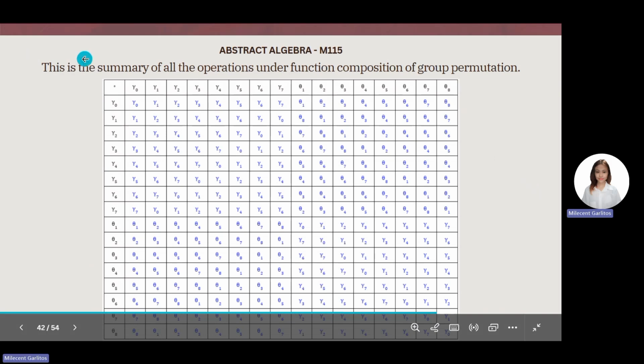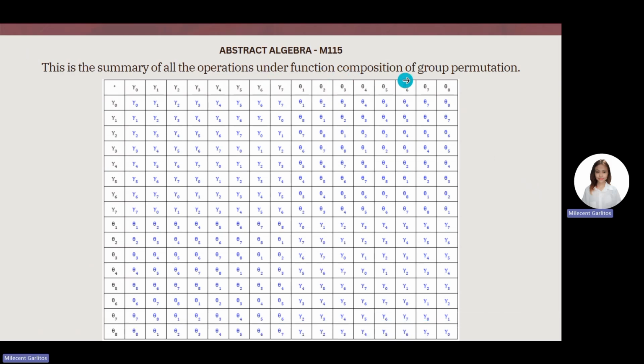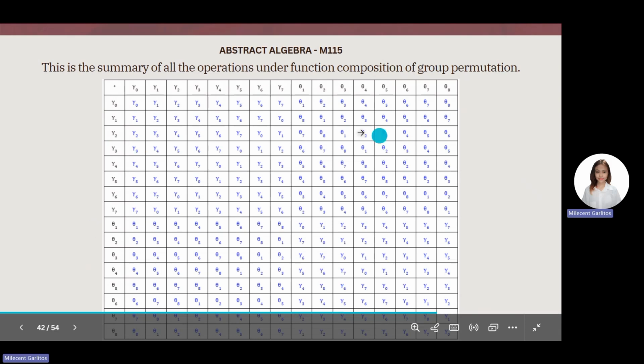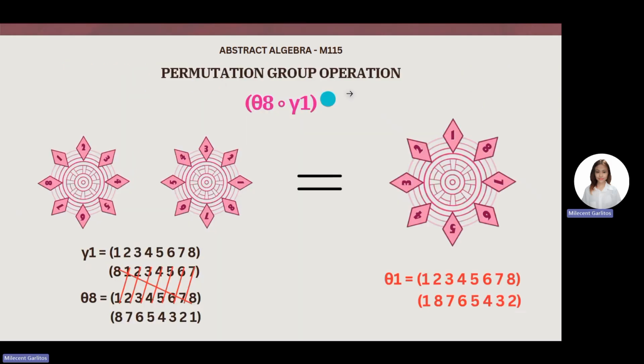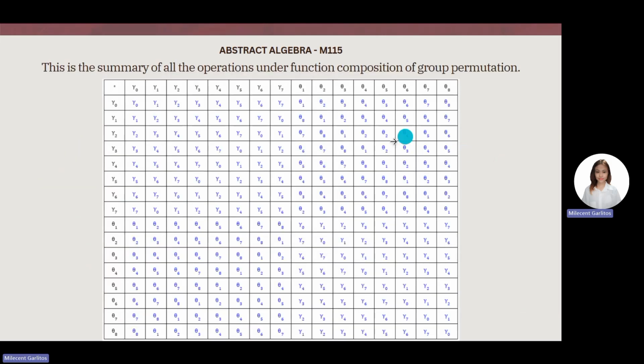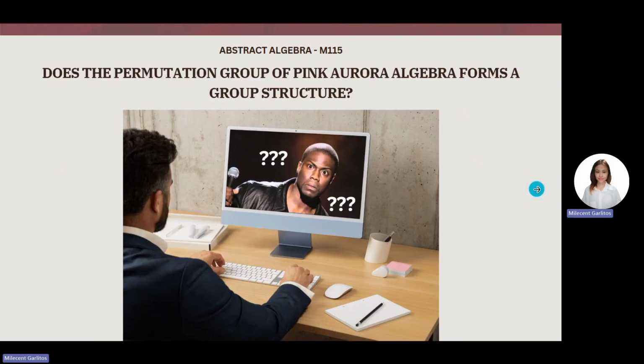So this is the summary of all the operations under function composition of group permutation. This is the result of all those things that we have performed in the permutation group operation part. This is just the summary of all the results of performing all the group operations under function composition. So thus the permutation group